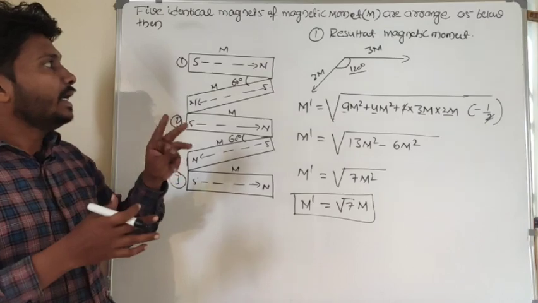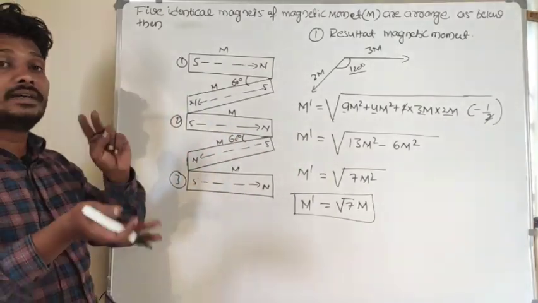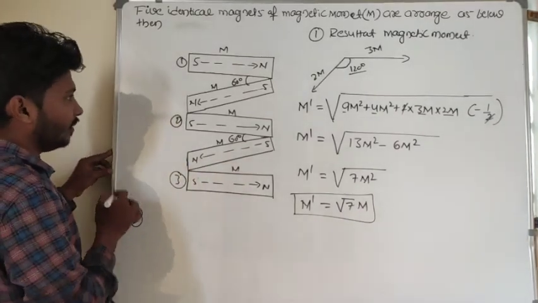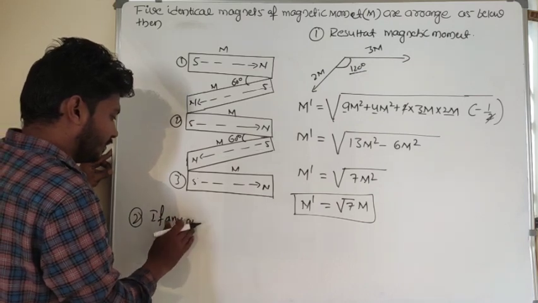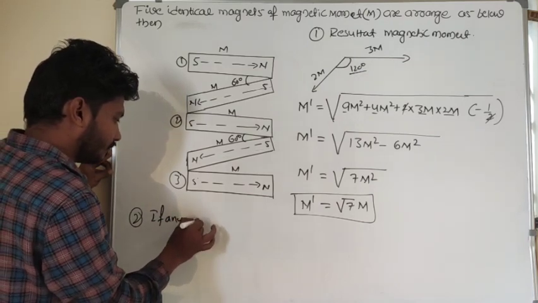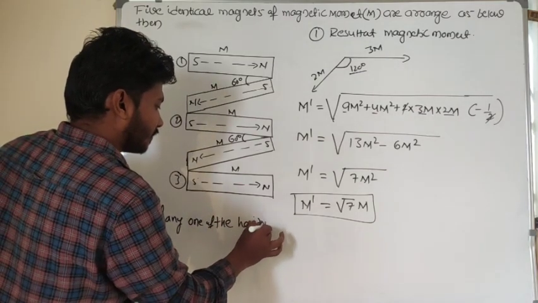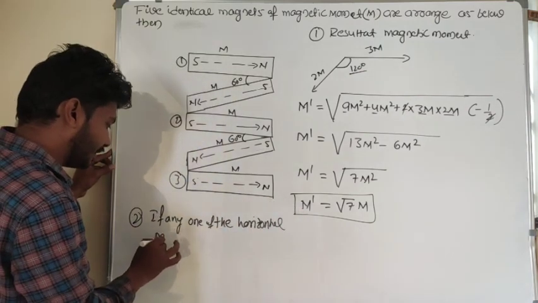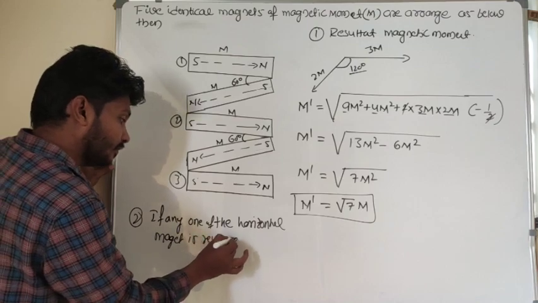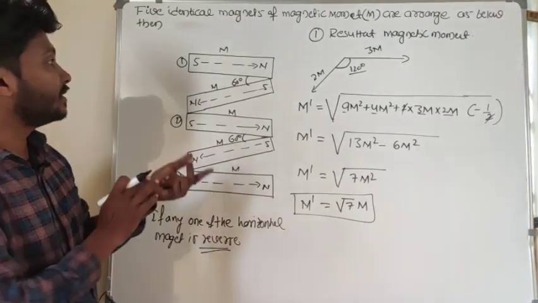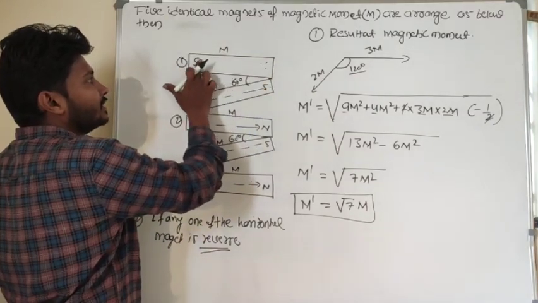Now in the second one, if any one of the horizontal magnets is removed or reversed, I can consider. If any one of the horizontal magnets is reversed, so these are all 3 horizontal magnets. If any one of the horizontal magnets is reversed,